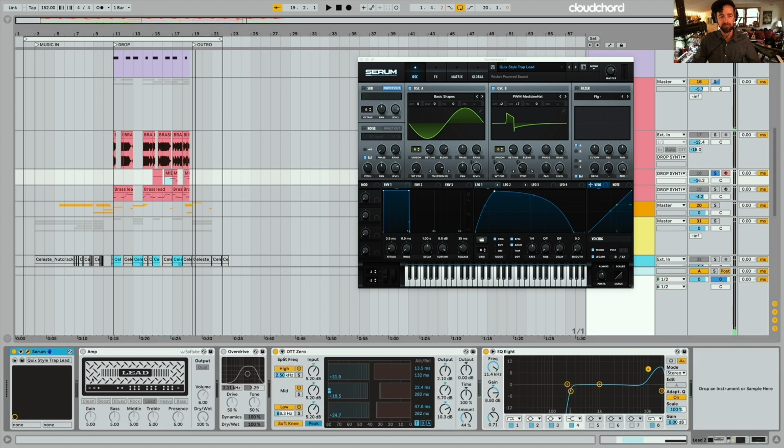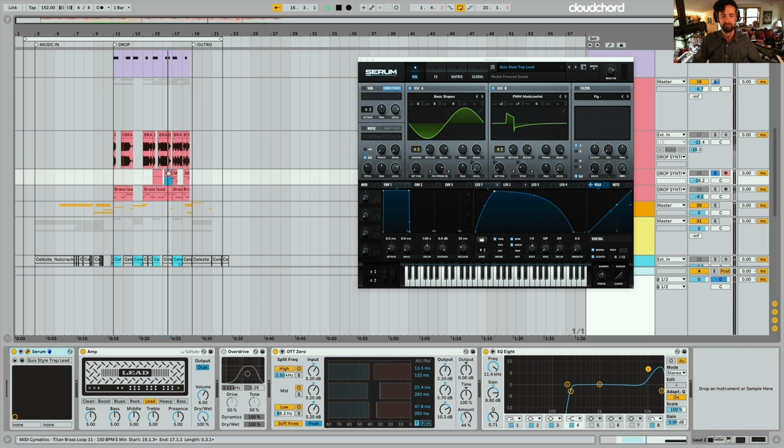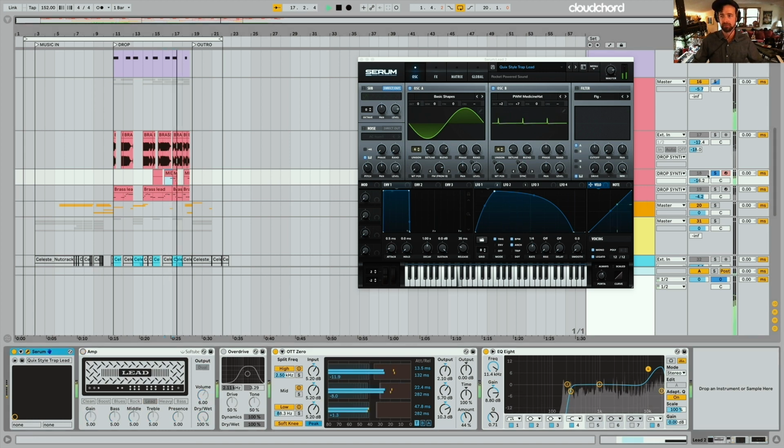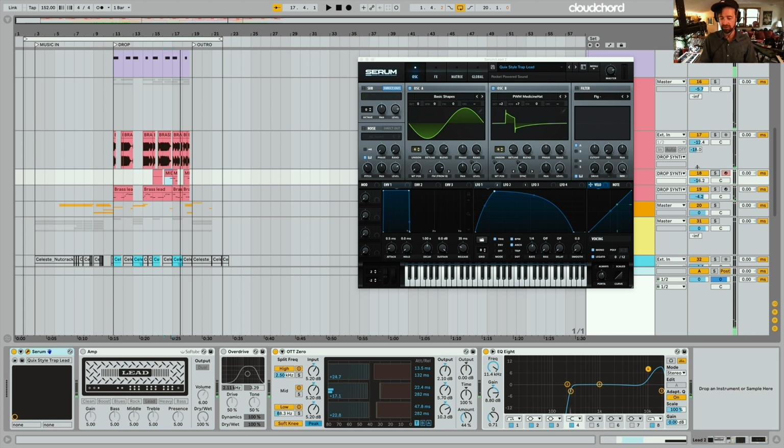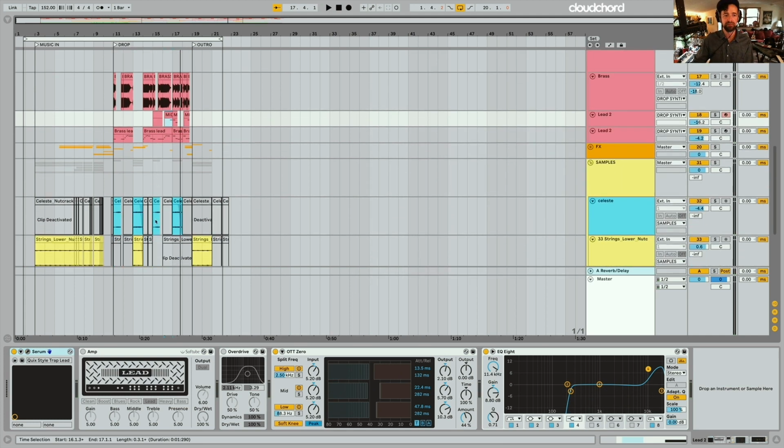So, with all these, I was kind of experimenting initially with having a metal amp on it, but it was just too over the top. Here's with the amp on. It got too mucky, especially for a commercial aesthetic. All right, so those are my synths, and now let's go down here to the samples.